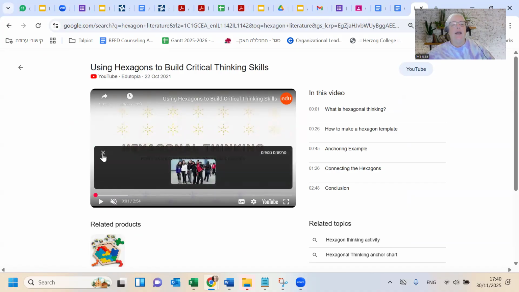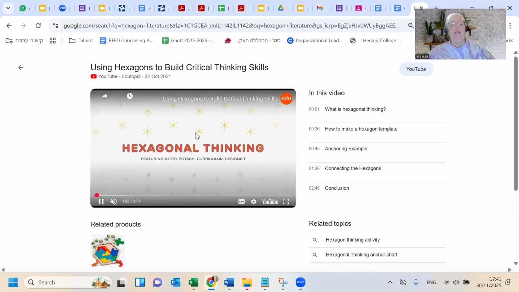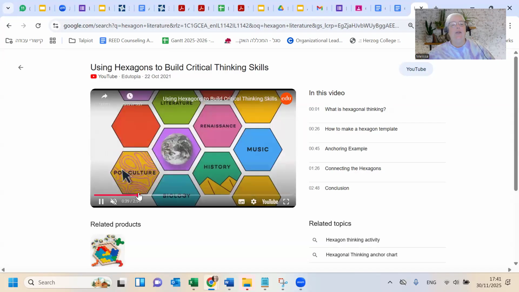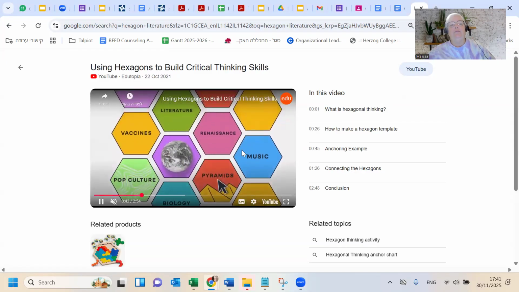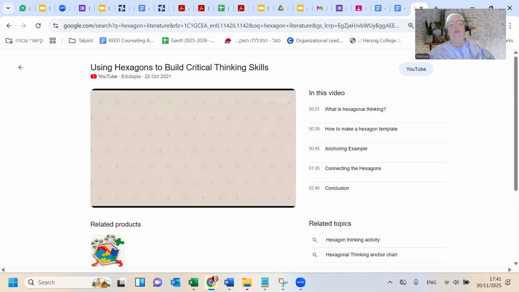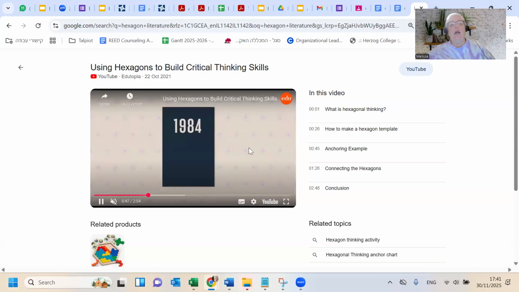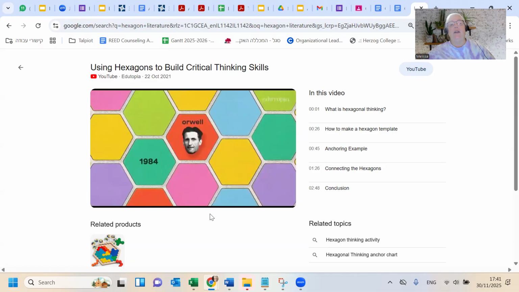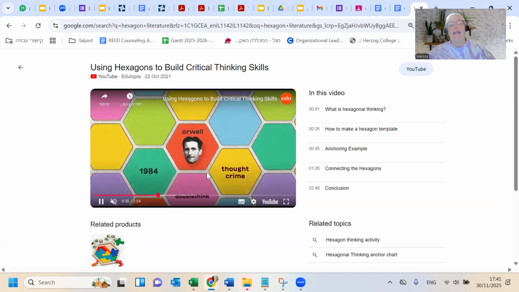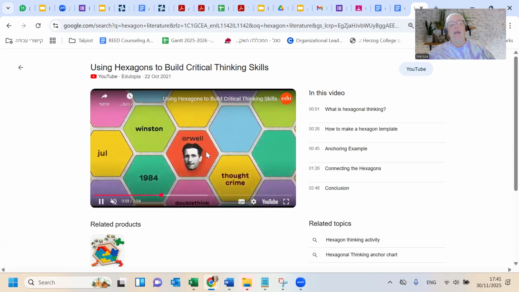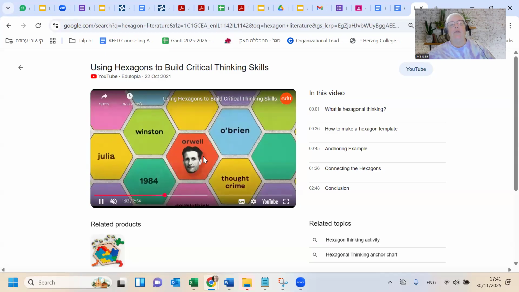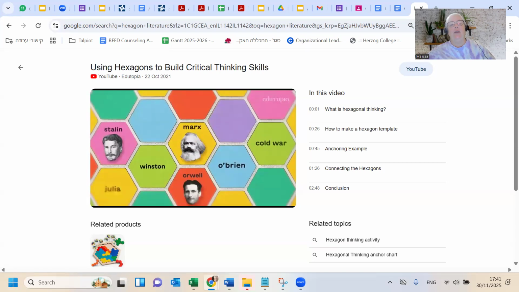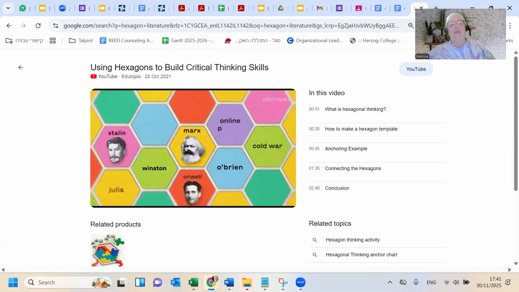a word written, and then they have to connect them and show the connection between one thing and the next. So you could have different characters' names, or different themes in the story, different characteristics of characters, and any sides that touch they have to have something in common, like what Katerina was just saying with the dominoes. But in this case there are more sides, so it gets a little bit more complex as they make the connections between one hexagon and the next.